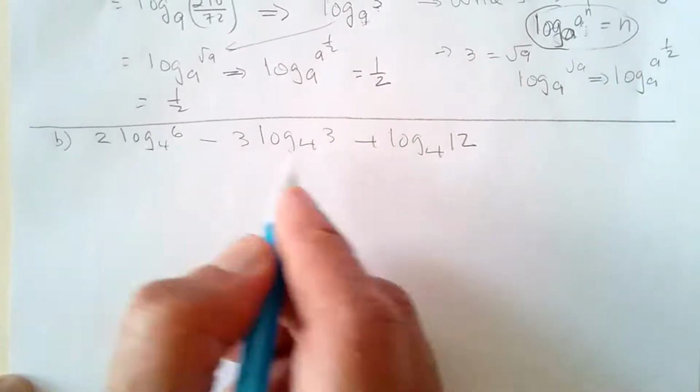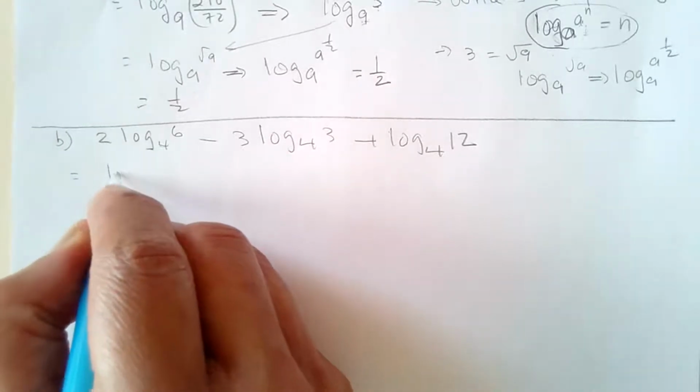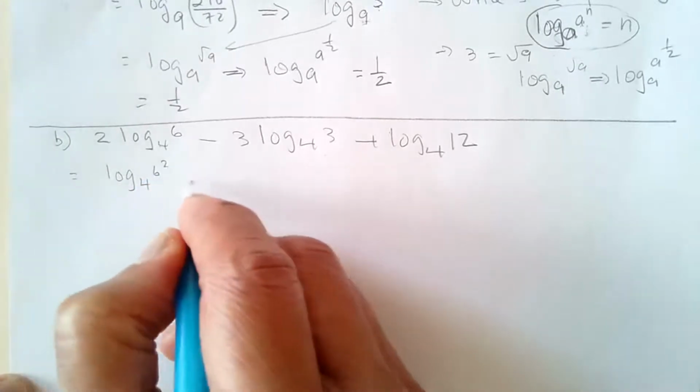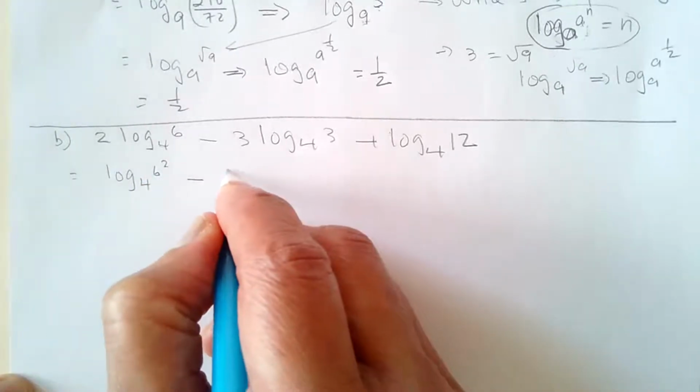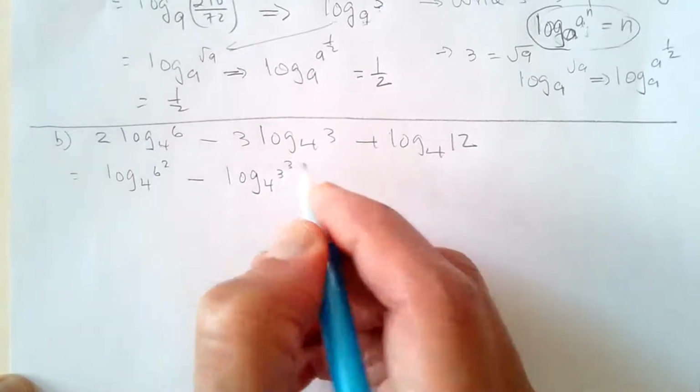We're going to use a power law to simplify. So this becomes log base 4 of 6 squared. We simplify that one step further, becomes log base 4 of 3 to the power 3